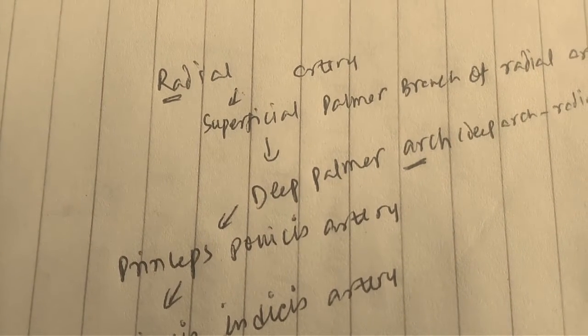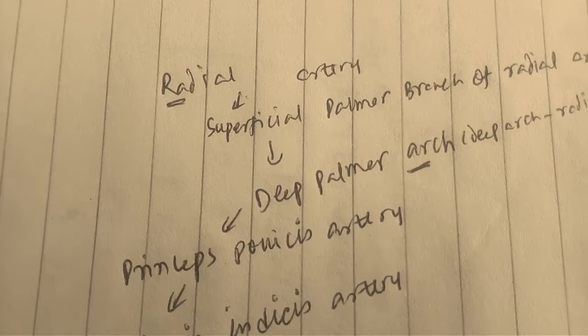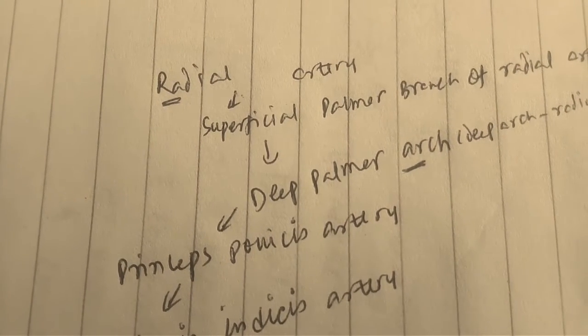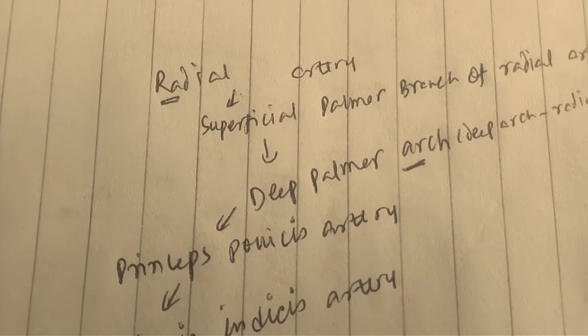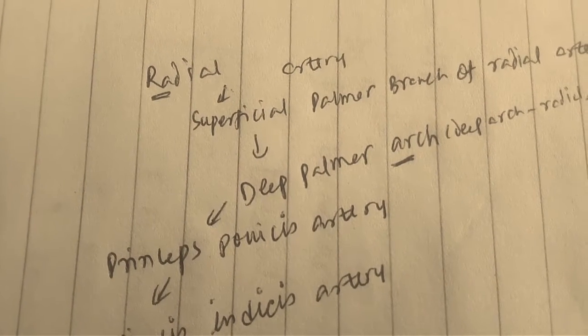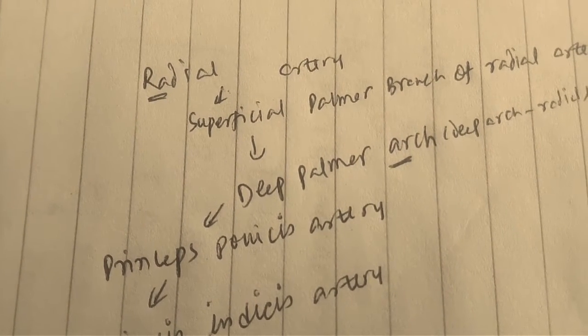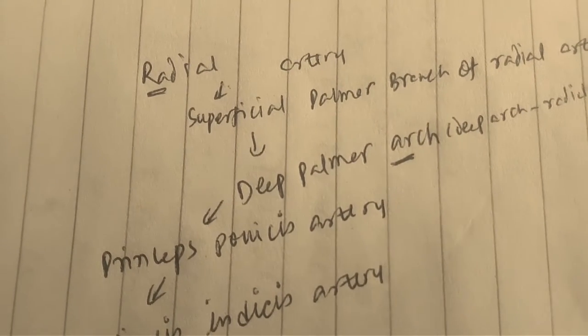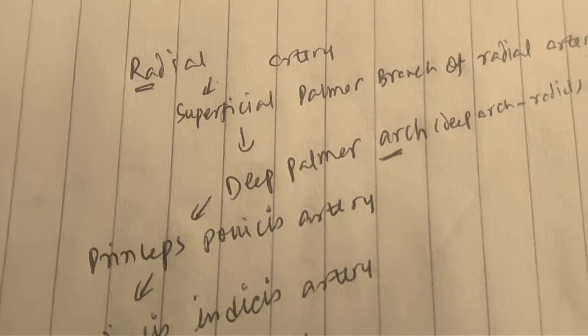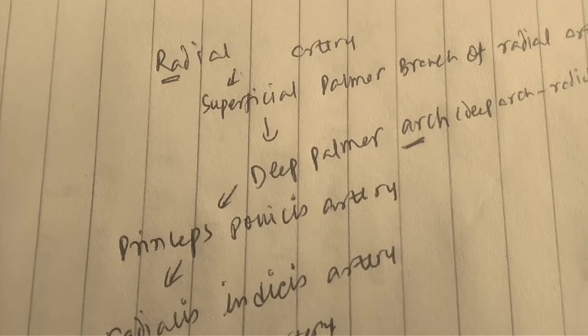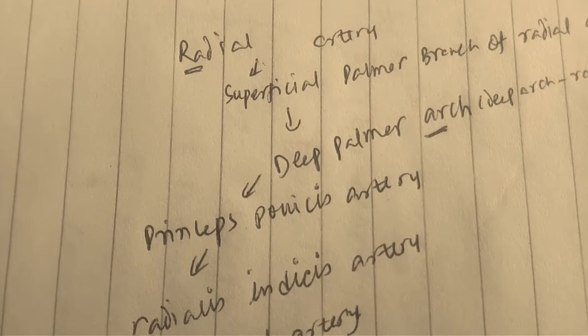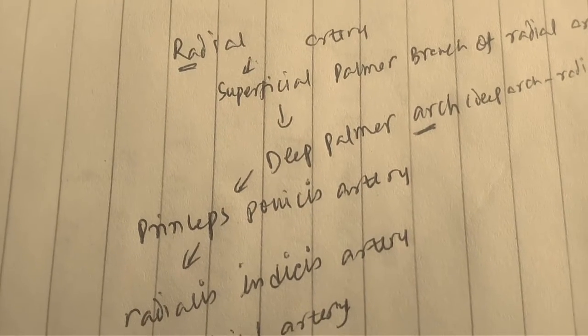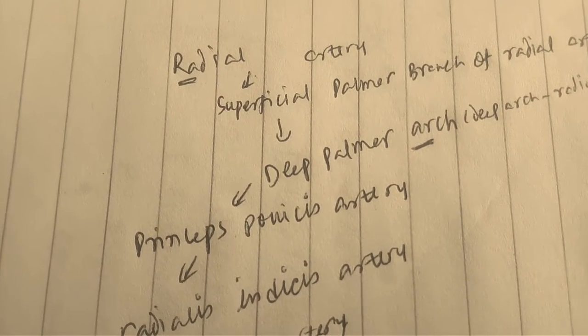So on the palm there is an arch. Arch means curvature or curving. So the radial artery would form the superficial palmar arch, and it will go and meet in the deep palmar arch with the ulnar artery. Now when we talk about the ulnar artery, it's right down there, but before we talk about the ulnar artery, we